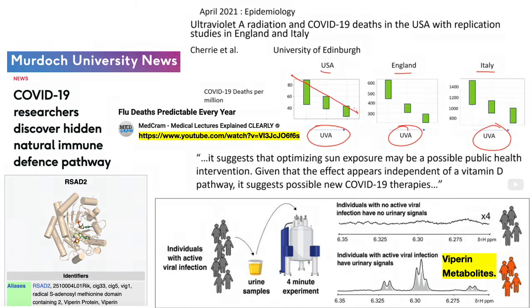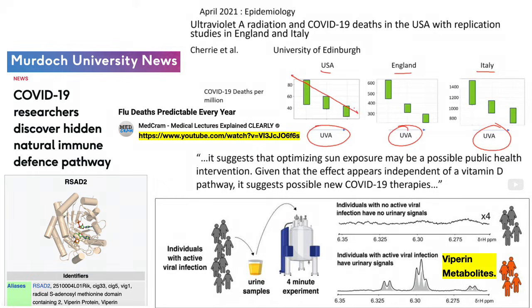A lack of UVA, a lack of sunlight, correlated with increased COVID-19 deaths. And this occurred in the US, England, and Italy. Very highly statistically significant. The takeaway conclusion: it suggests that optimizing sun exposure may be a possible public health intervention,